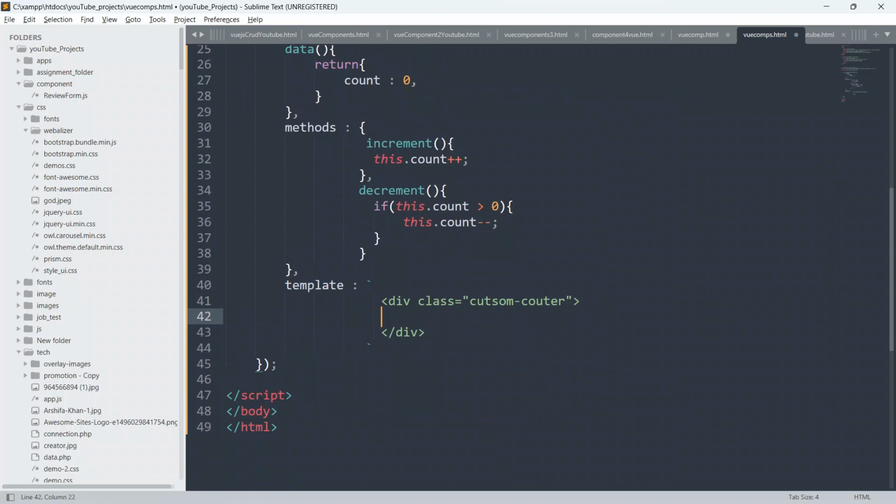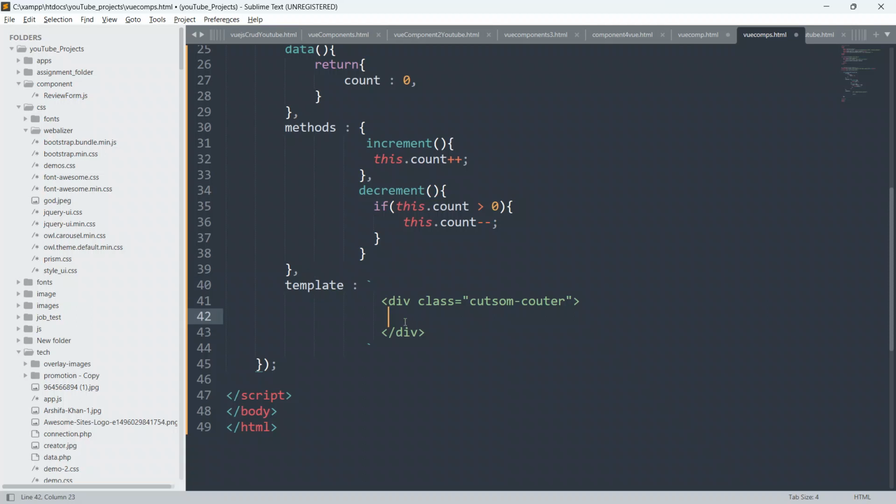So guys, inside this template, you can define anything, like your forms, your entire application, your separate components, like slider, forms, counters, cards, user cards, product cards also. So guys, inside template you can define anything.